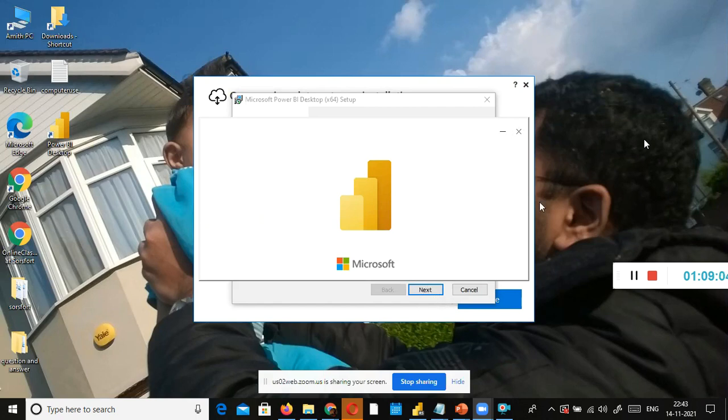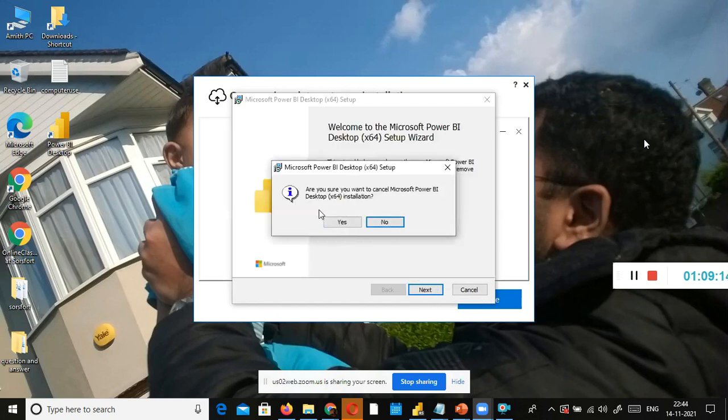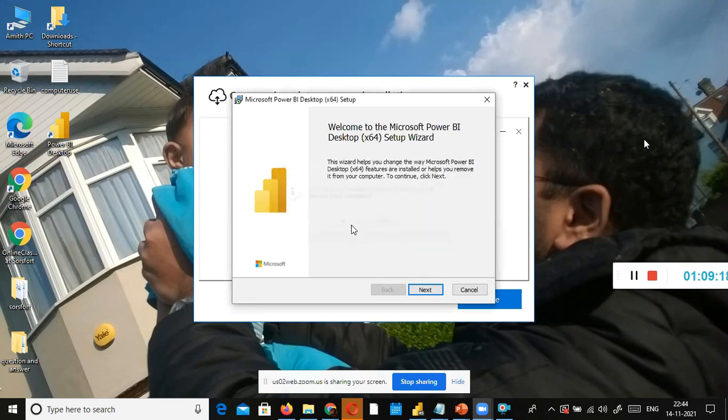Click cancel. Why are you clicking next? Don't do the next. Click cancel. You already installed it, right? Are you sure? Yes. Click yes. Click finish.